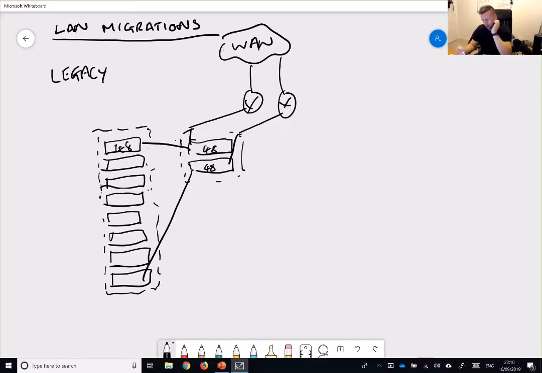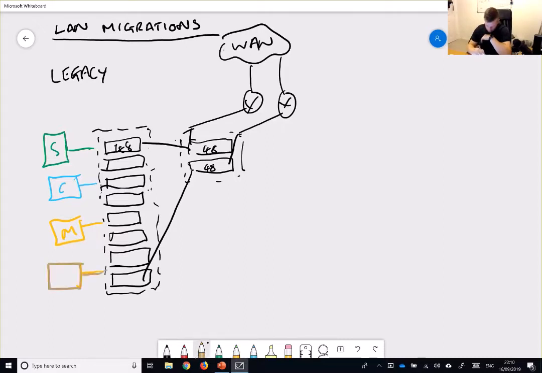And what I would see is like, for example, you would have server VLAN, you would have client VLAN, rarely, but you would have a management VLAN, etc., etc. And then you would, let's just say, same color, telephony VLAN, right?